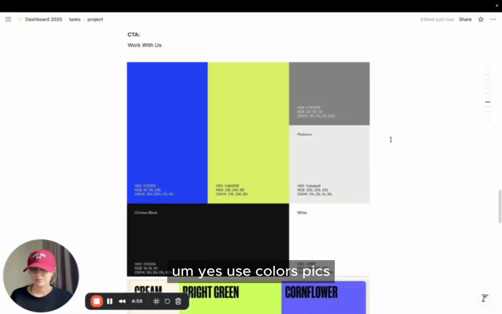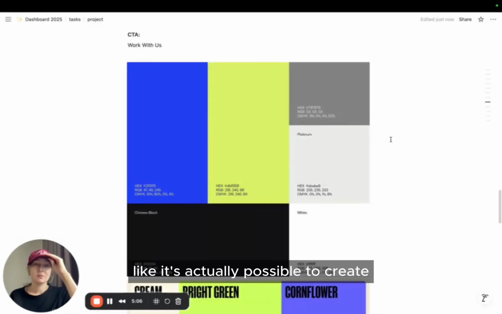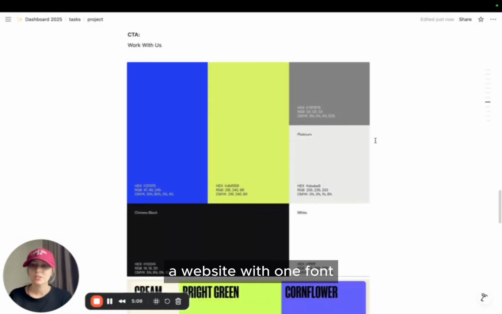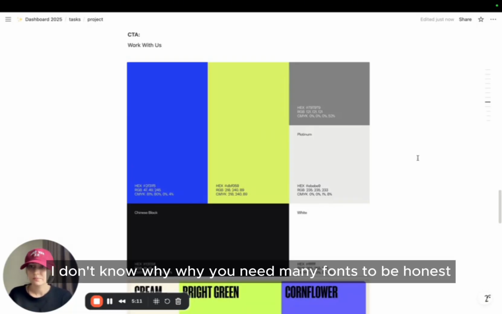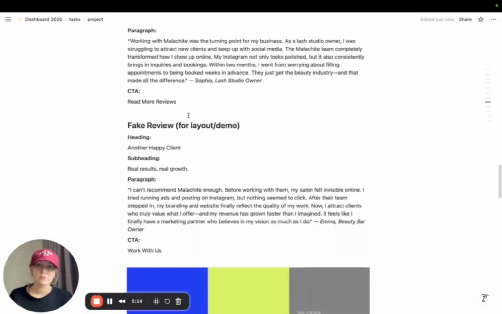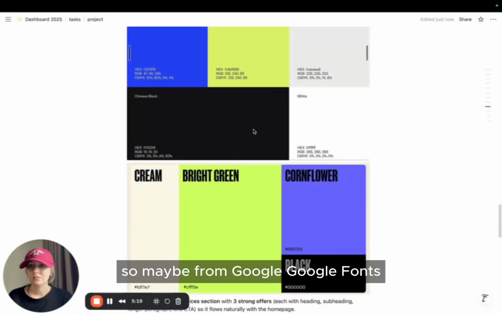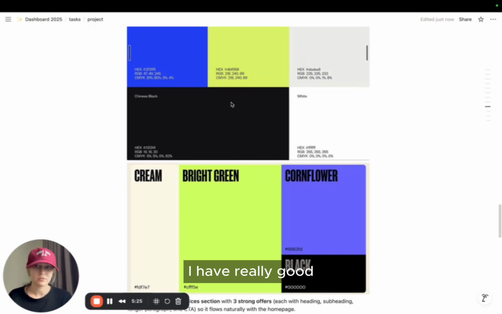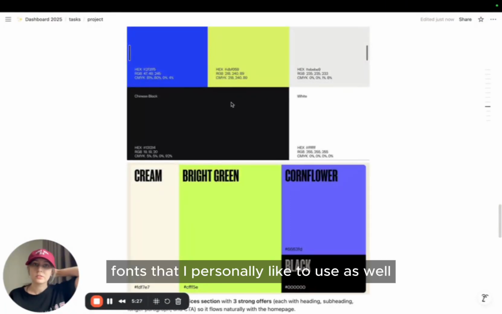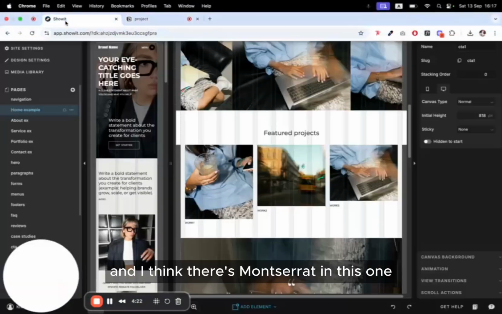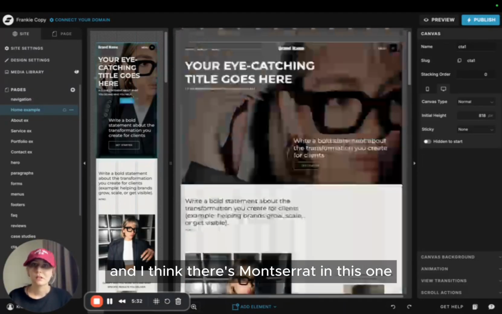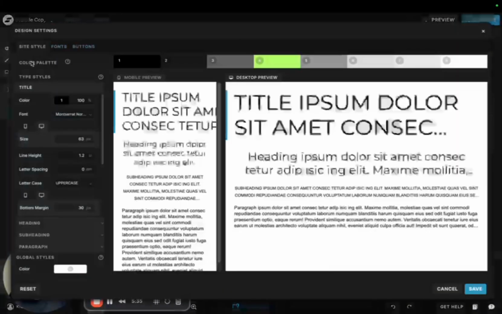So basically, what I wrote here: use colors, pics, fonts. For fonts, I really want something simple. It's actually possible to create a website with one font. I don't know why you need many fonts, to be honest. I want something really simple and free. So maybe from Google; Google Fonts has really good fonts that I personally like to use as well. And I think there's Montserrat in this one, but I'm going to use